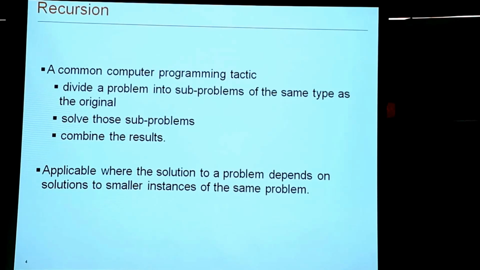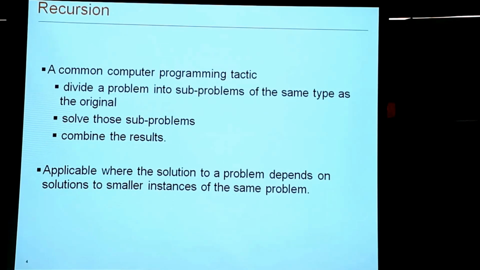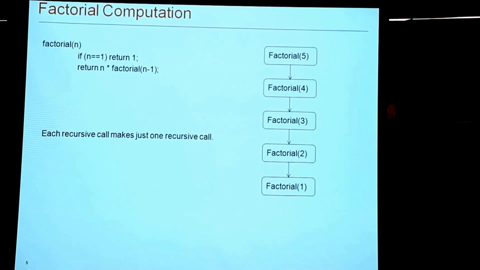This is very similar to the divide and conquer method, which I think we already had a session on, which Nilima madam has taken. Essentially you have the original problem, you create some sub-problems of smaller size, and you use their solutions to find the solution of the original problem. This is applicable where the solution of the problem depends on the solution to smaller instances of the original problem. So let's start with a very simple example of recursion, which is factorial.